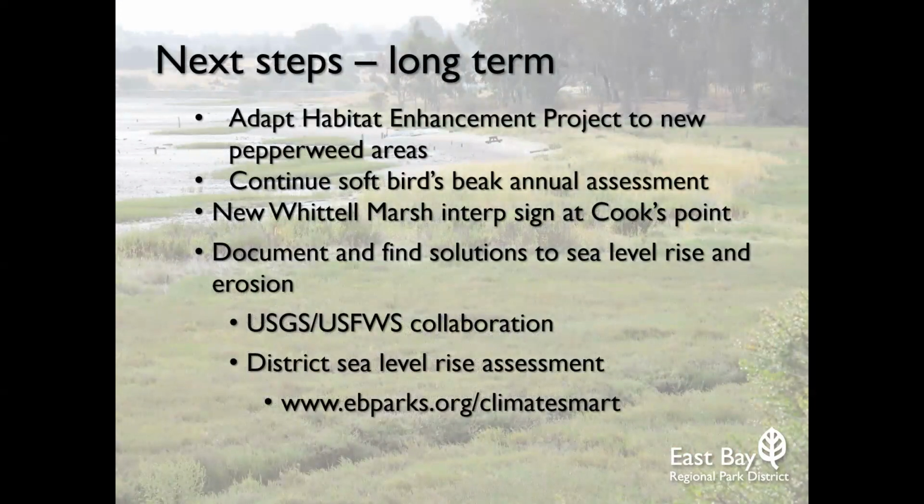So for next steps and a more long-term view for Muzzi Marsh, I'm going to adapt this habitat enhancement project to new pepperweed areas within Whittell Marsh, in both directions, as well as over on the Dotson Marsh side and anywhere else we're finding pepperweed. Probably also up in Pinole Shores, which is a new part of the park to the east of Point Pinole along the bay. I'm going to continue with the soft bird's beak annual assessment. And